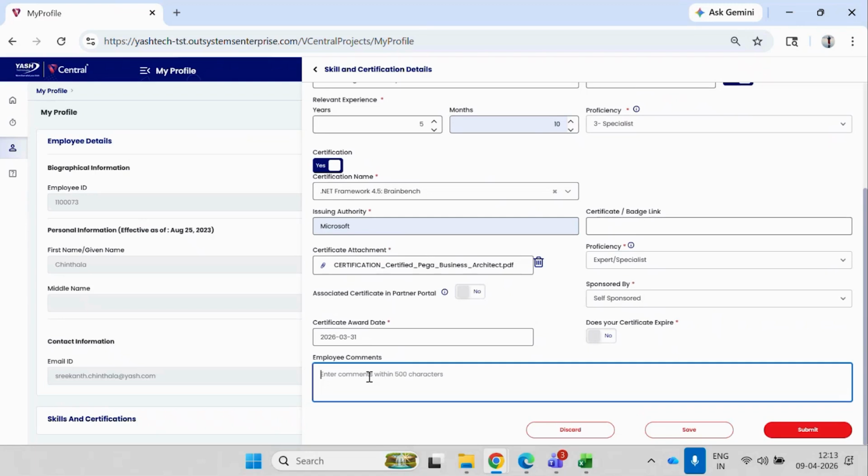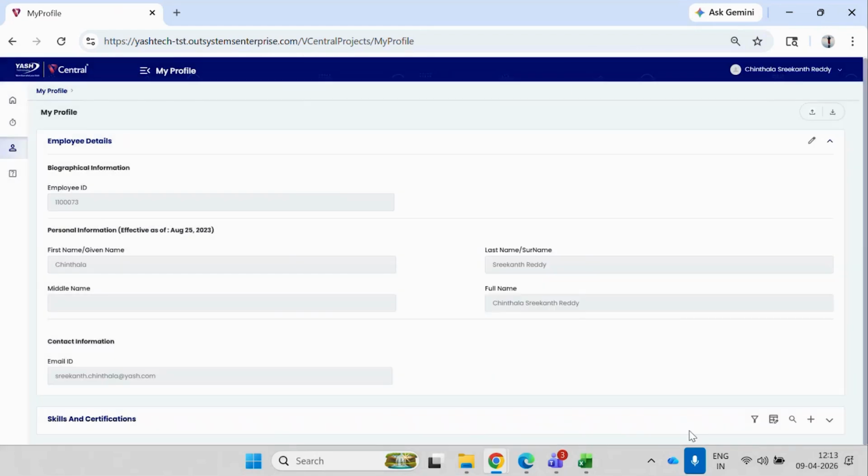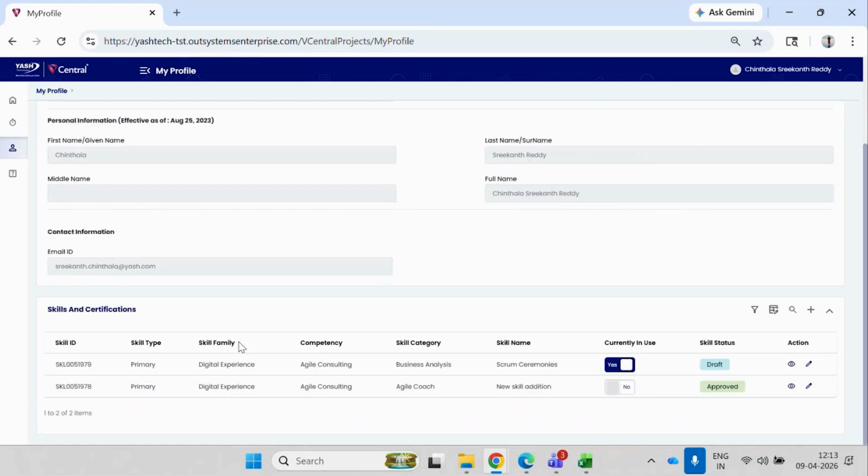their skill set. So the employee can just simply add them, and these are optional comments, so we can also skip that. But if we click on save, in that case, what will happen is this request will be saved in the form of draft. So we'll just land back on my profile page, and we'll just click on this down arrow button. So here we can see that a new request that we have generated